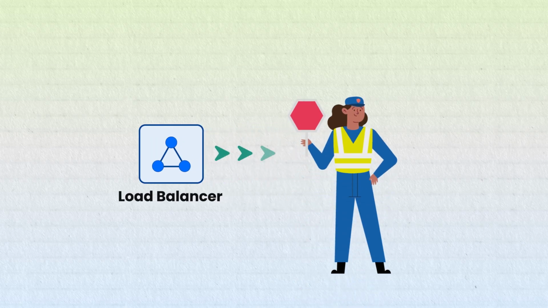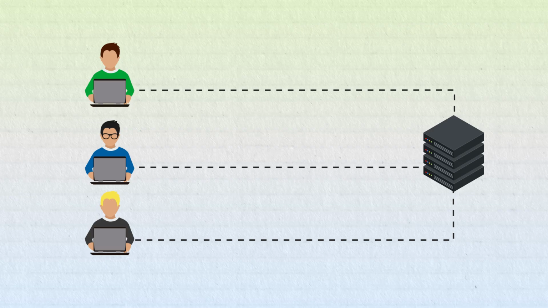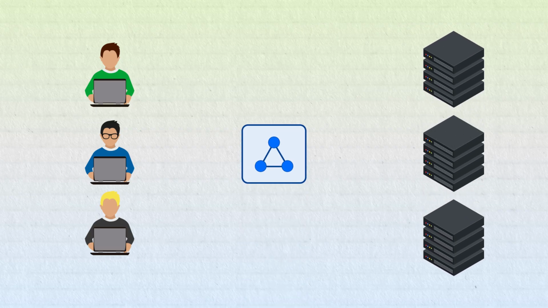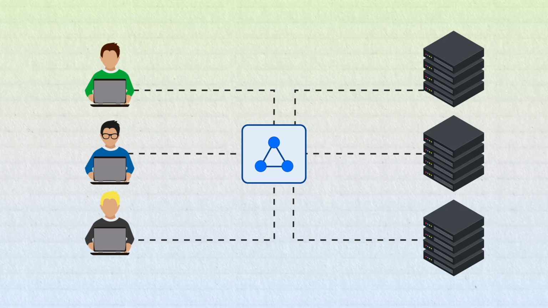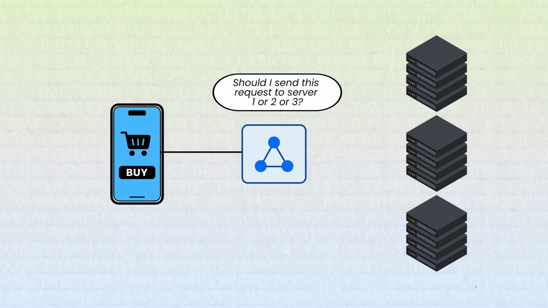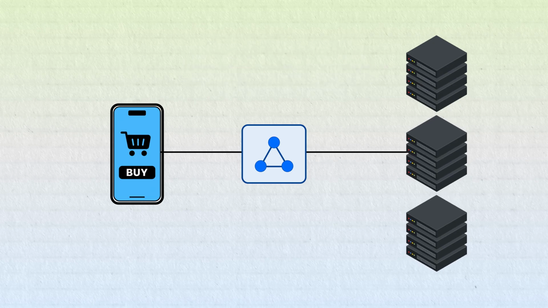A load balancer is like a traffic manager. Instead of users talking directly to your backend server, they talk to the load balancer first. The architecture becomes: user connects to the load balancer, and the load balancer distributes the load to the backend servers. So when a request comes in, the load balancer decides, should I send this request to server 1 or 2 or 3? This way, one server doesn't have to do all the work, the traffic is shared, and this gives